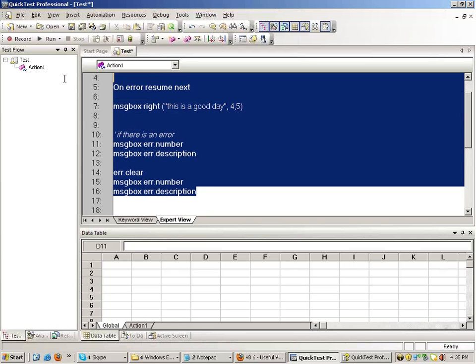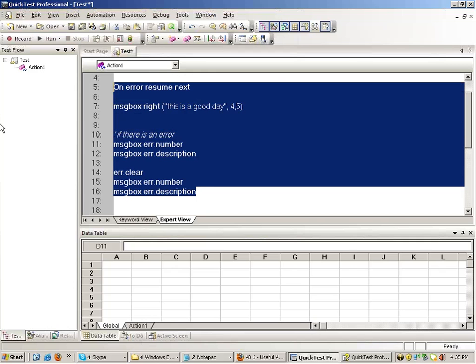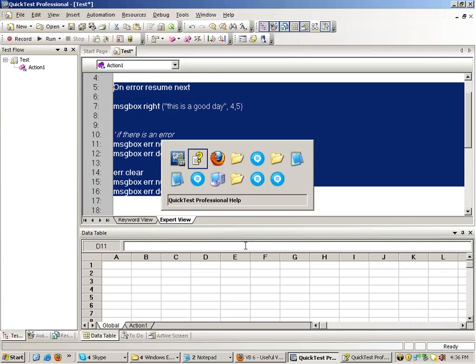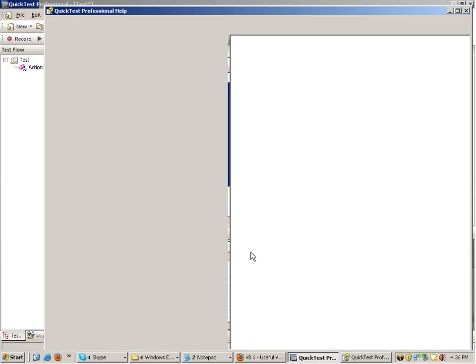Fine. So this thing is quite useful when you are coding and all. Instead of getting abrupt errors, you can catch the errors and you can keep conditions that if the error number is not equal to 0, then you can proceed further. Otherwise, you can report an error or something like that.